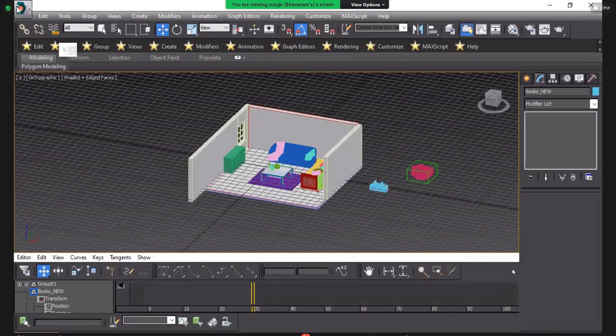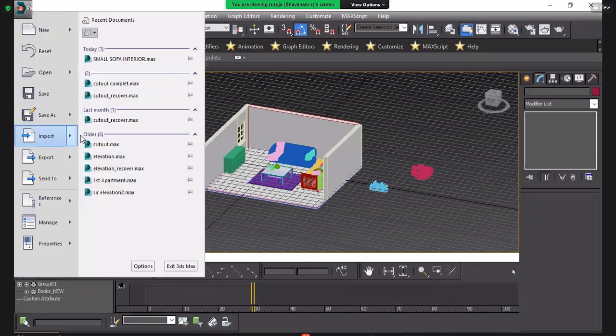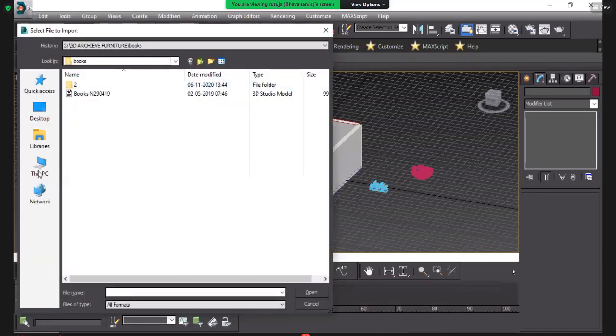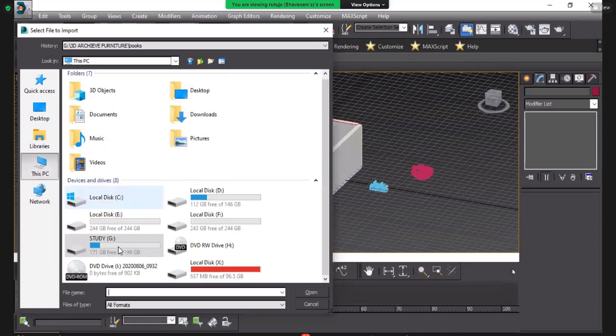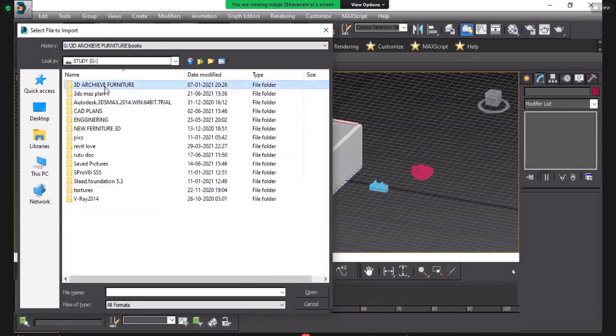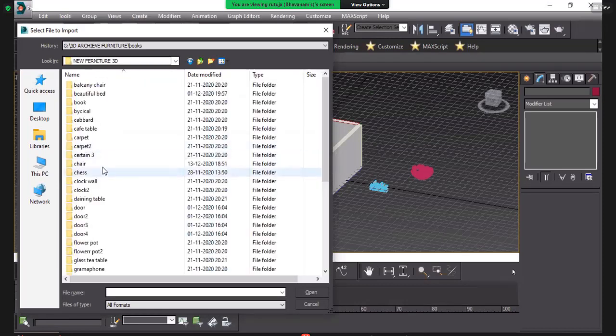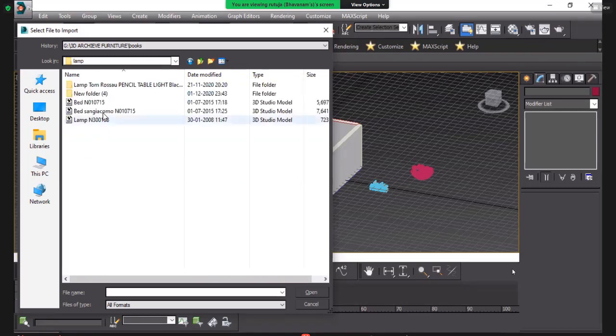I will place books here and get other things, import. Lamp.